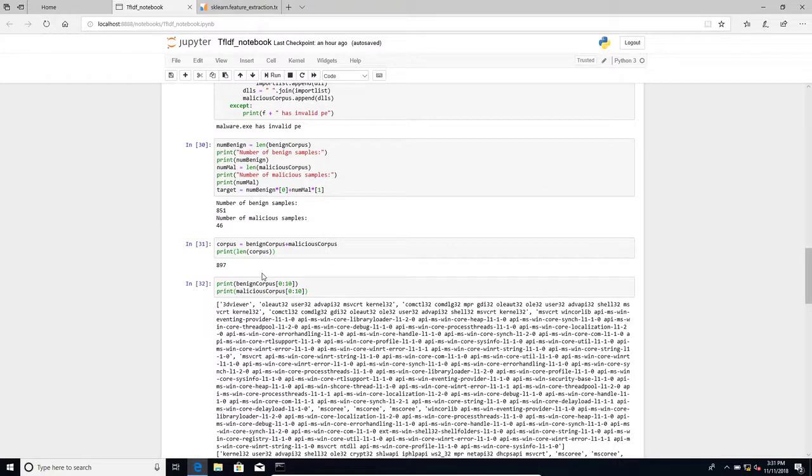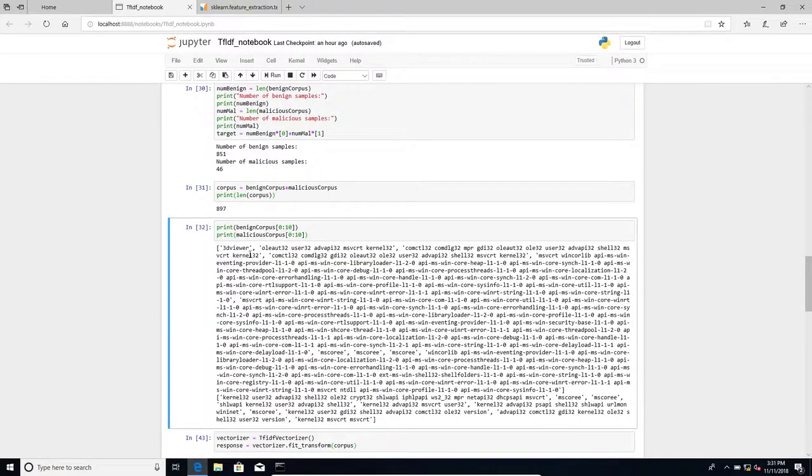We now have our corpus prepared, consisting of the import address table of each sample. We want to construct a classifier that will read in the list of DLLs and use it to predict whether a sample is malicious or benign. As the corpus stands, it is very difficult to mathematically handle it because these are words. So what we want to do is convert these words into vectors.